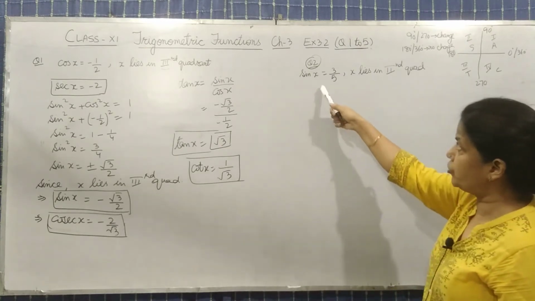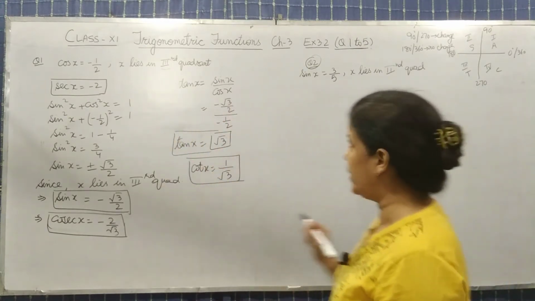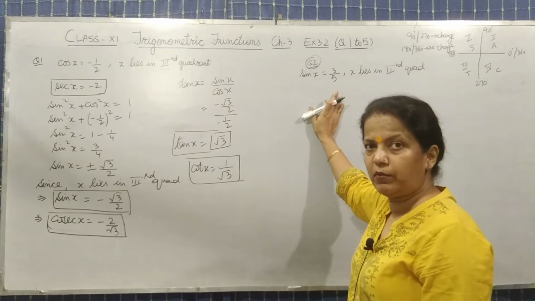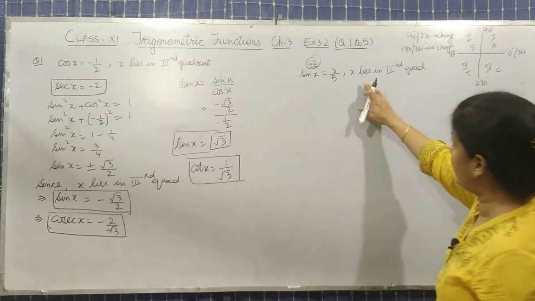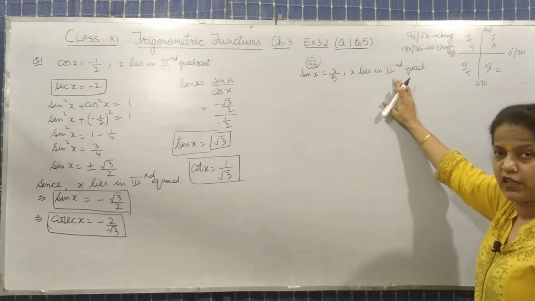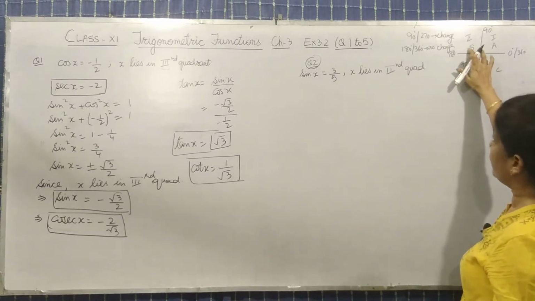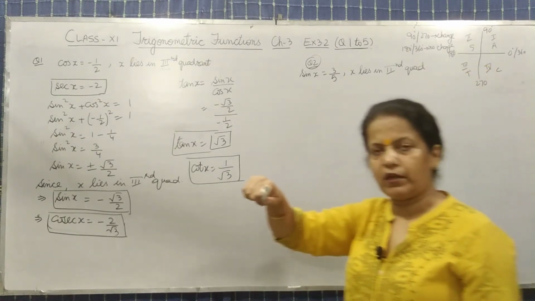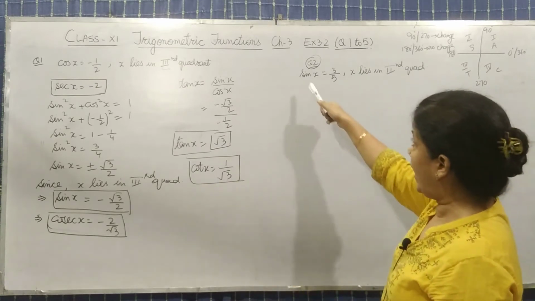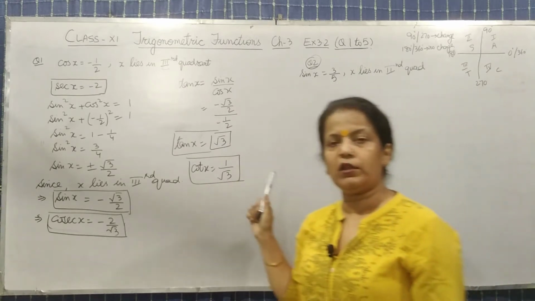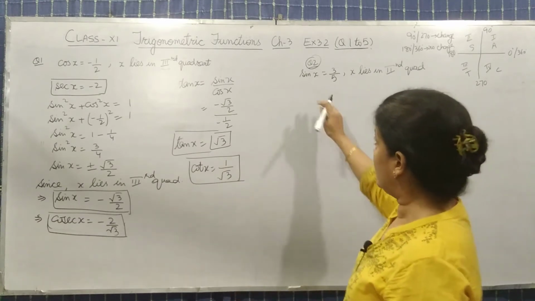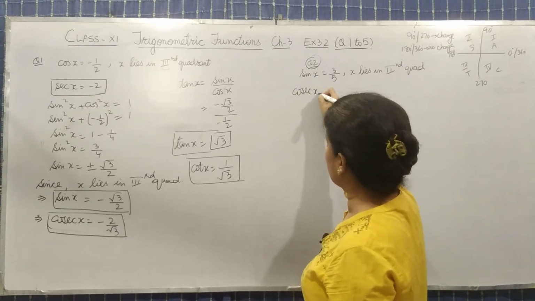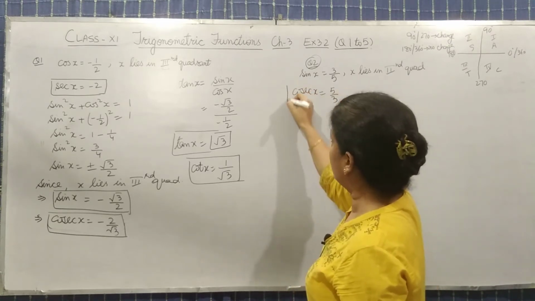Okay. Now, question 2. Question 2 is the same as question 1. Let's see how we can take it further. Sin x equal 3 by 5. Sin x is 3 by 5 and here it is written that x lies in second quadrant. In second quadrant, sin or the converse of sin, that is cosec, is positive, and the remaining trigonometric ratios will be negative. So, from here sin x equal 3 by 5, so cosec x will be 5 by 3. We have got one trigonometric term.